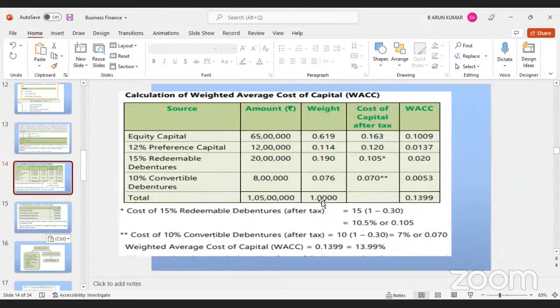If that is 1, then what percentage are we collecting from the different sources? That is 0.619 from equity shareholders and 0.114 from preferential shareholders. Okay, this is the weight. This is the weight. How we calculated it,